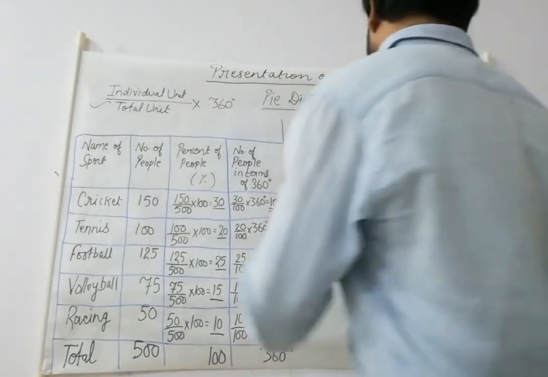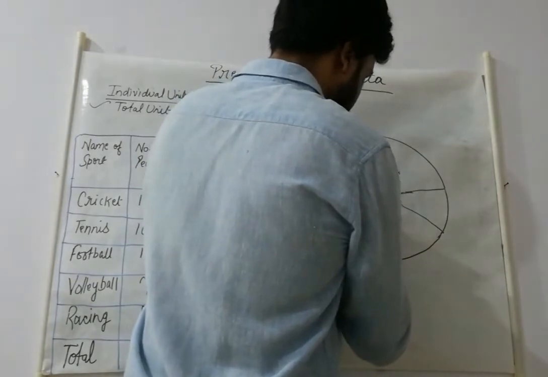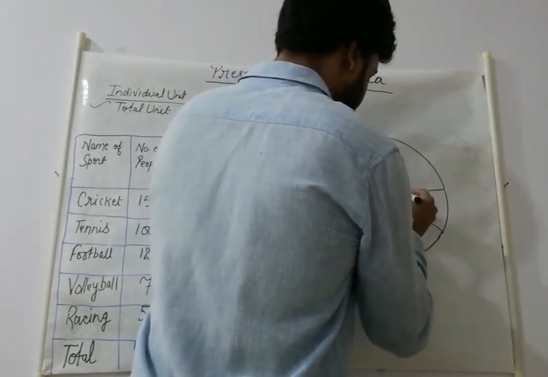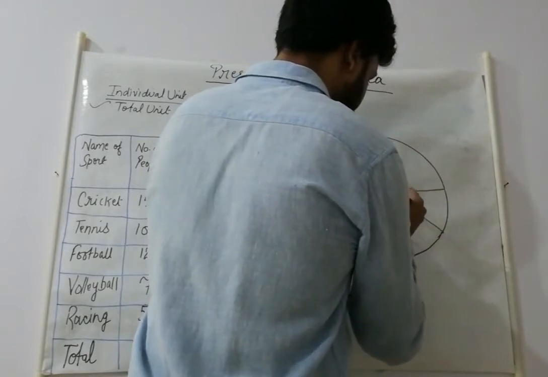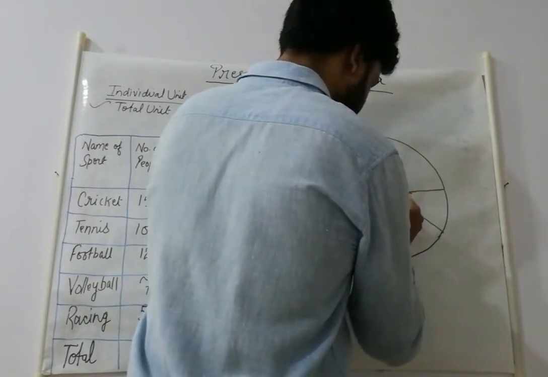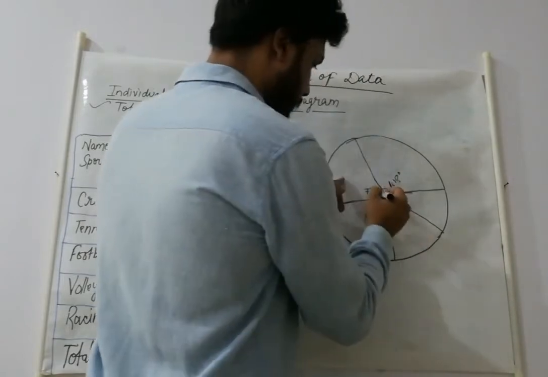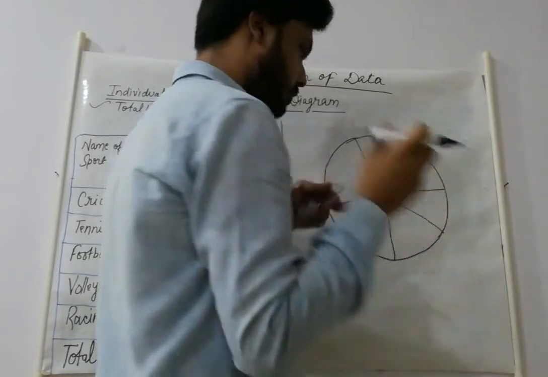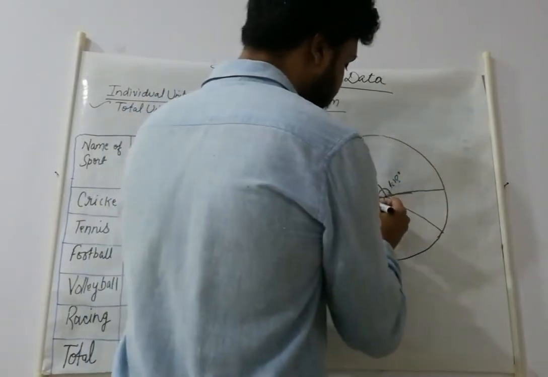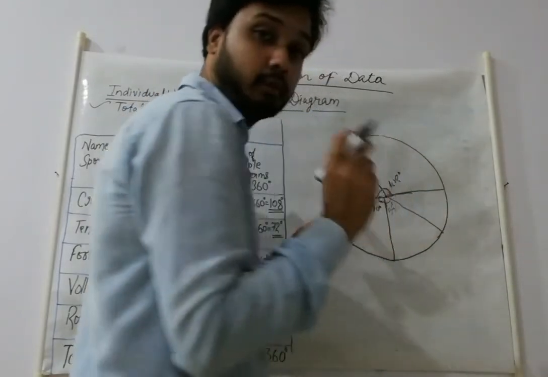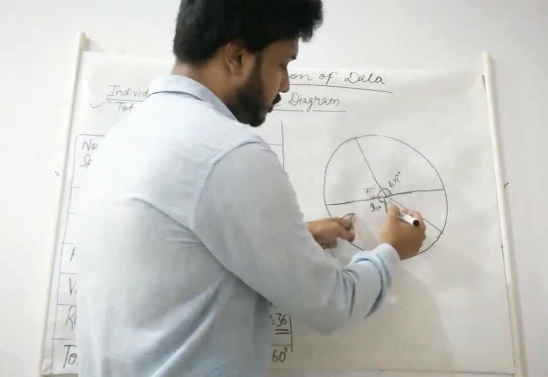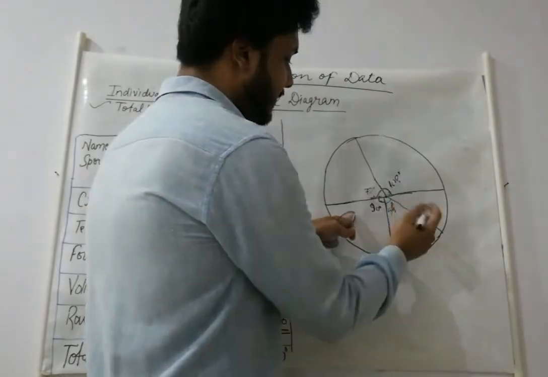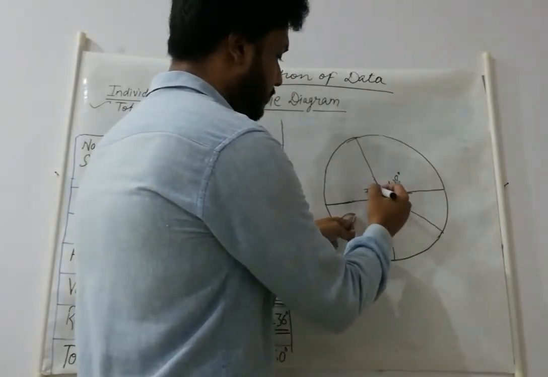Okay, some lines have become lighter. Let me just darken them. It is just the play of the protractor. If you keep your protractor in the correct direction and correct position, then your diagram will also be made perfectly. And do use a scale for the lines, then only it will be divided into perfect parts.